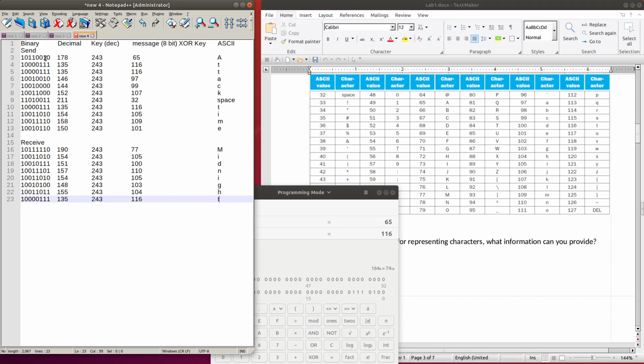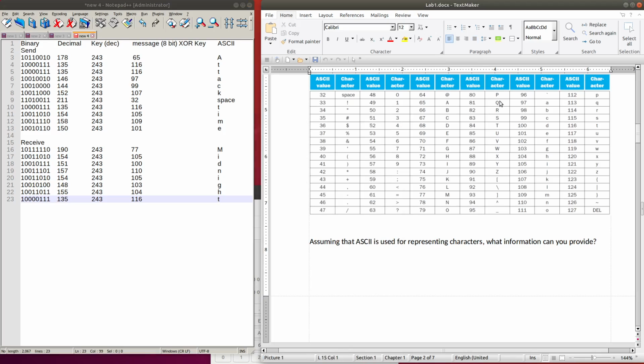So you can see that the message sent from somewhere is in decimal, and when we exclusive OR that message together with the key 243, you will have this value in hexadecimal, and when we refer to this table, we have the value of attack and then a space and then time, and that is the sent message asking for the time of attack, and the received message says midnight.